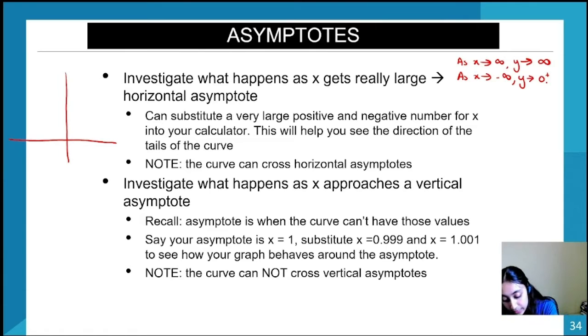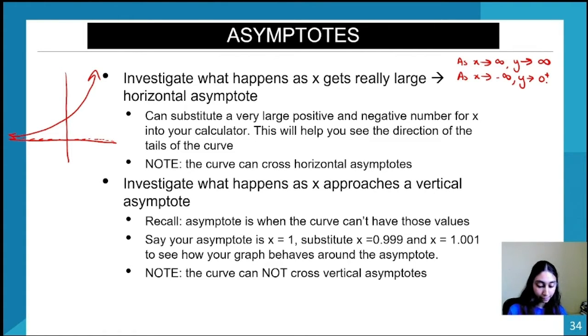What I mean by the positive side is that when I put it into my calculator, I get positive 9.4 times 10 to the negative 14. So it's still a positive number. It's trying to get to 0, but it doesn't get to the negatives at all. So it's approaching 0 from the positive side, which helps me see the general curve of the graph to look like this. Because it never reaches 0 but tries and tries and tries, we have an asymptote at y is equal to 0.